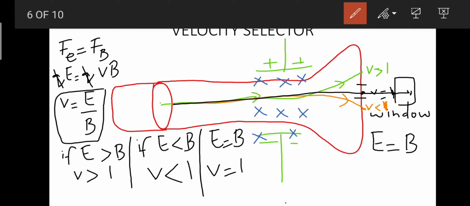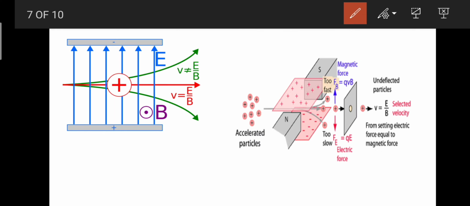So at this particular point we see that the value of V is equal to 1 when it is heading straight towards the target or the screen. So that's how all of the electrons for which E and B are balanced, they will move through this window by showing the linear motion, and will further move towards the window, come out of the window, and we can use them. As you can see in this figure, this is the practical arrangement of velocity selector, in which